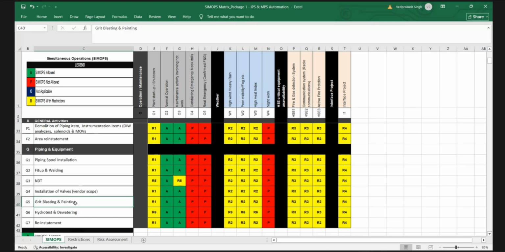I understand. What I'm telling is, let's say another way. Typically, we are not allowed grit blasting and blasting inside the plant. This shall be done outside. Okay? If by any chance we need to do this grit blasting or sandblasting inside the plant, the area will be barricaded, isolated, and